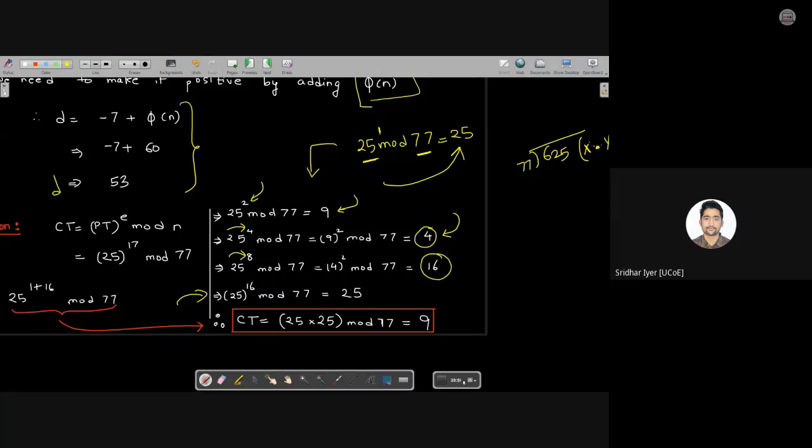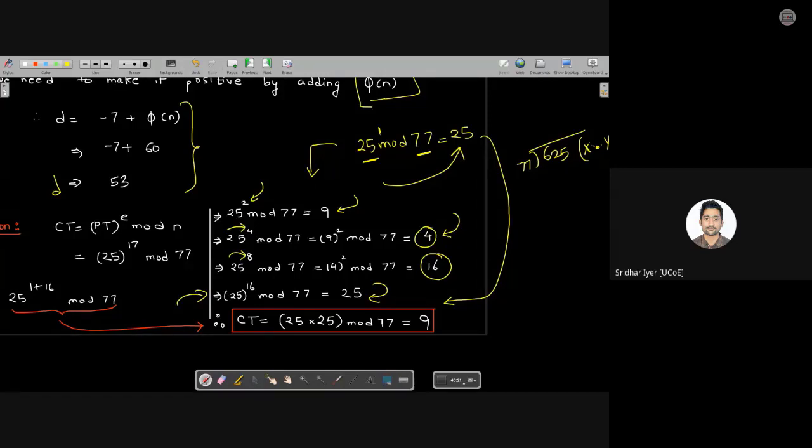Next up, the last value which we want is 25 raised to 16 mod 77. And it comes out to be again the same value. If you remember, 25 raised to 16 is nothing but 16 square mod 77, and it comes out to be 25. So again the vicious cycle comes to an end. You can see that we started off with 25 and again we reached 25. So whatever values we get after this, these are going to be repeated again and again in a loop. So this is what we call a vicious cycle.